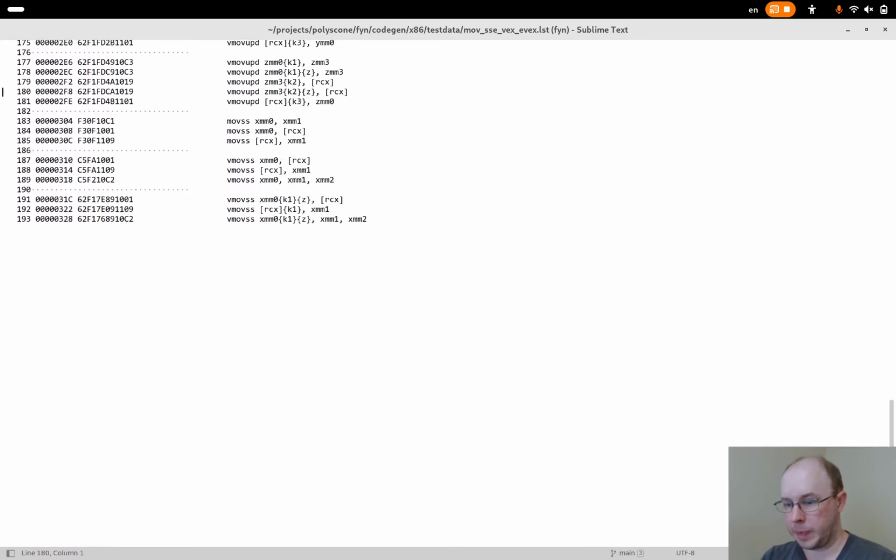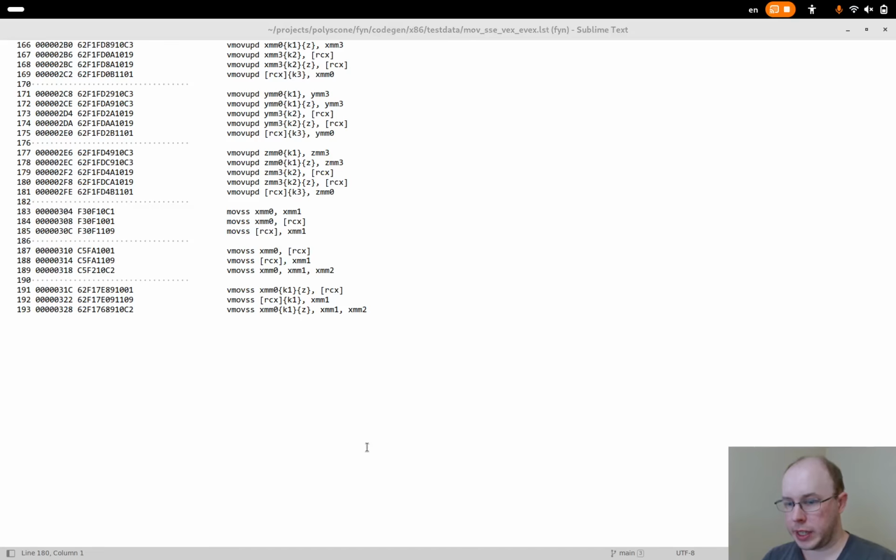So down here we have, this is 6.2 here, which means that we've forced EVEX for these cases. And then this one is C5, which means that we've forced VEX selection for these. And then these ones are, F3 here is like a mandatory prefix along with the map and stuff. So this one is the legacy encoding here for MOVSS. So this correctly is outputting what I'd expect, and it looks like where it can,